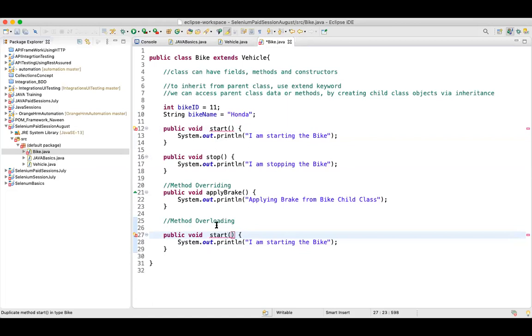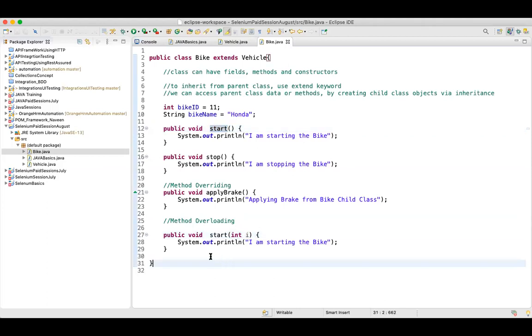So there is a provision called method overloading. Let's imagine I specify some parameters over here, let's say integer i. Now can you see, it's not giving you any error, right? So this concept is usually called method overloading, wherein the method name remains the same and the method signature changes.